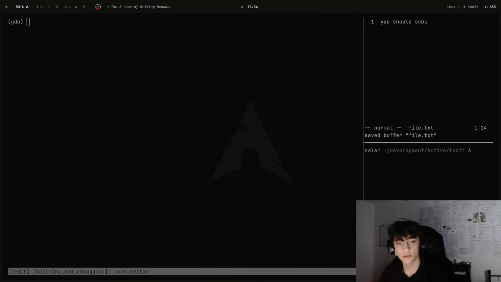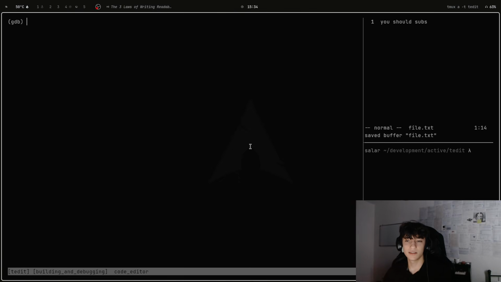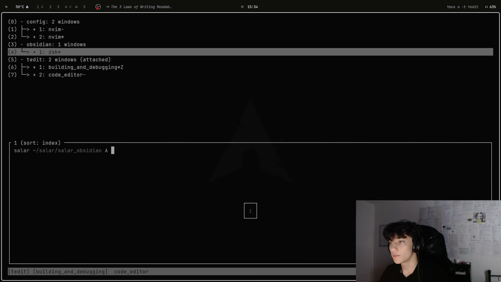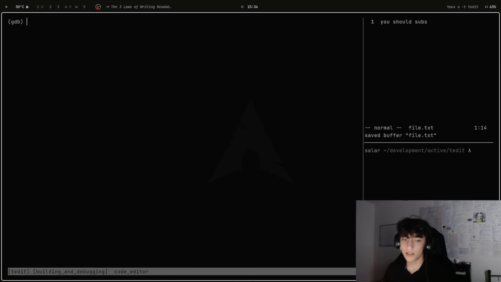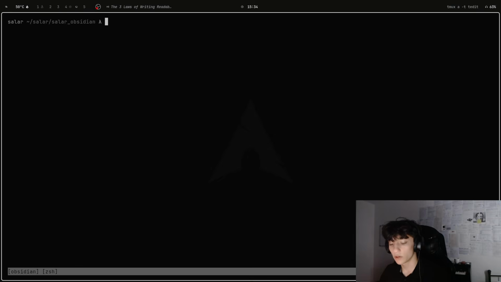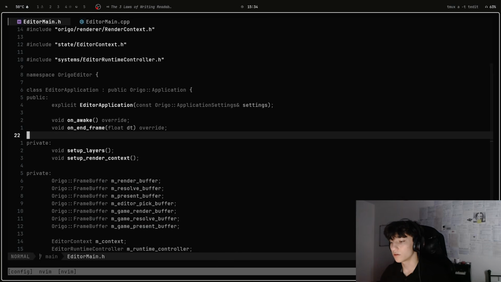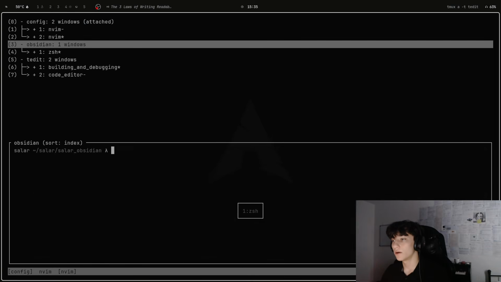Now, another tool that I'd like to show, that I've only been using recently but it already starts to pay off, is Tmux. Tmux is a terminal multiplexer, which basically means that it lets you run multiple terminal sessions at once, and it allows you to categorize and order your work into multiple sessions. And that is super powerful, because if we take a look, for example, at the sessions I have right now, I've got a session for Obsidian, a session for my config files, a session for my text editor and running that. And you can see right here I can move between them very easily. So now I'm in the Obsidian session, now my config session, running my config folders,